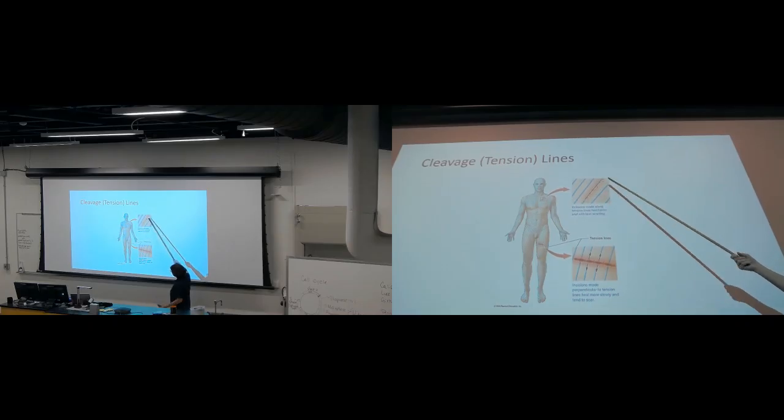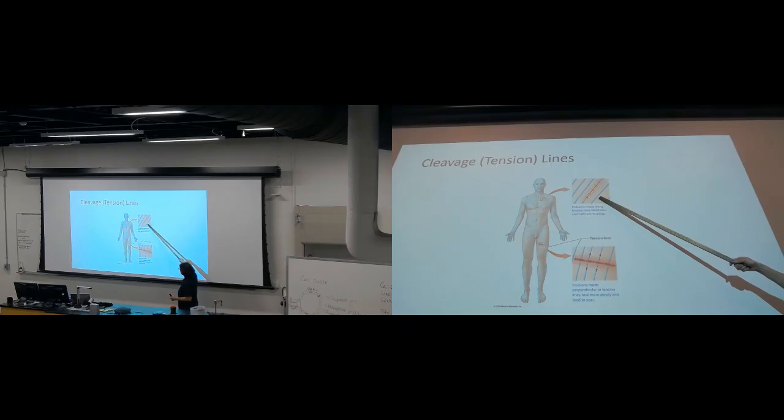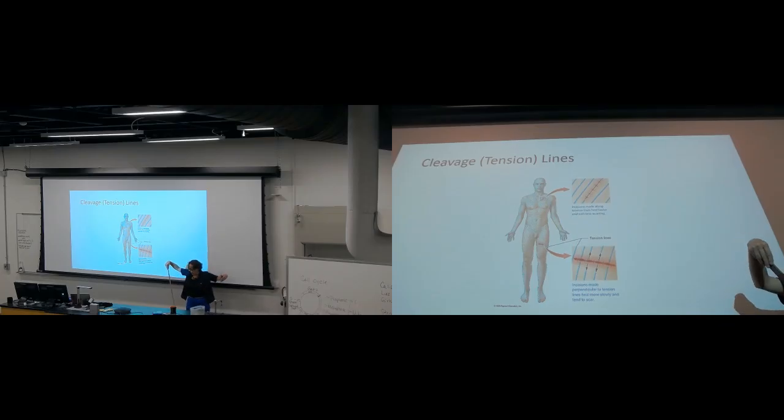And when you have the edges of the wound closer together, repair by the fibroblasts is much faster, and then you have less scarring. Look here in the thigh. These lines as well tend to run at an angle from the coxal region to the